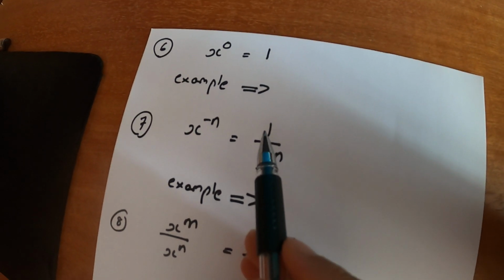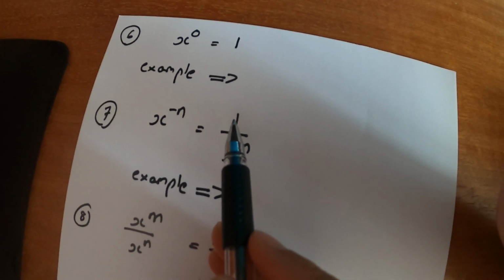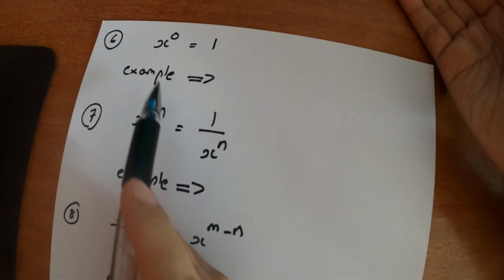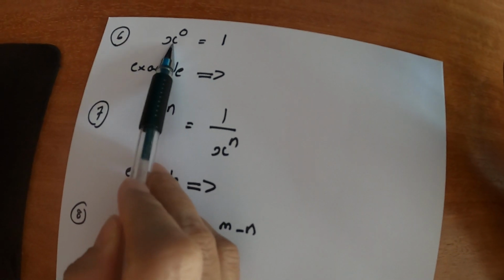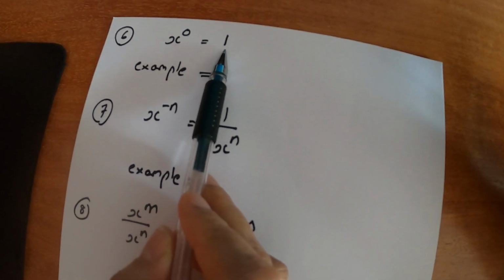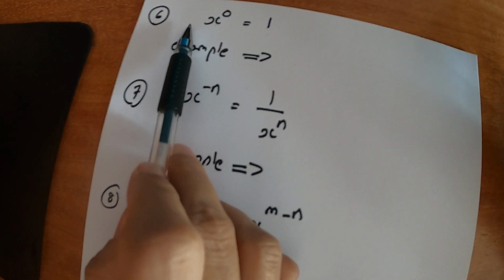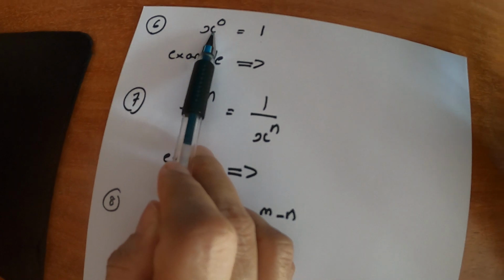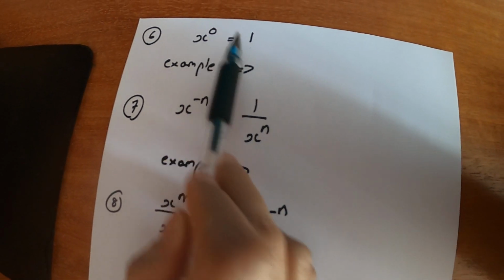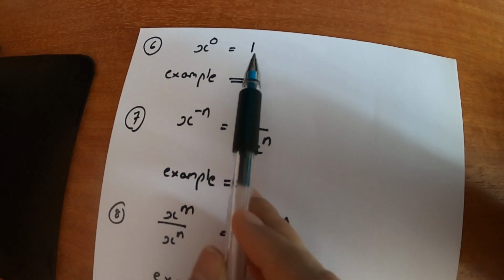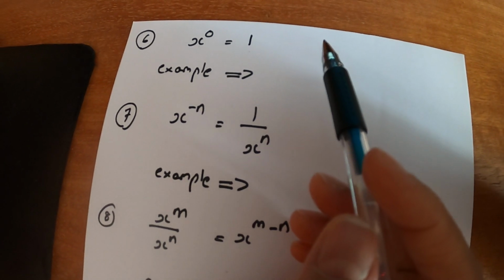Hi everyone, this is a continuation from the basic rules of algebra. Rule number 6: x to the power of 0 is equivalent to 1. It means that whatever the base value is, when the power is 0, it's always equal to 1, right? For example,